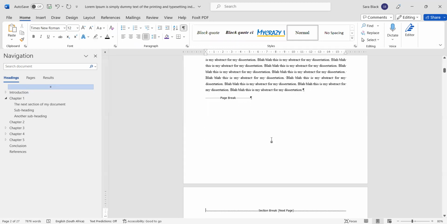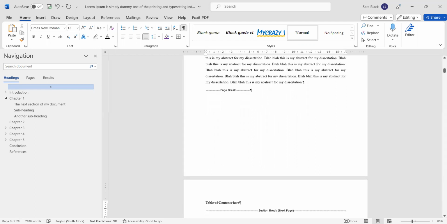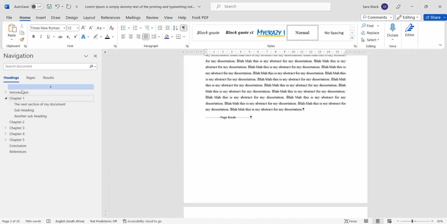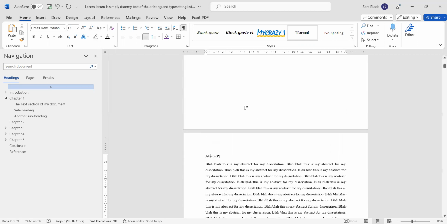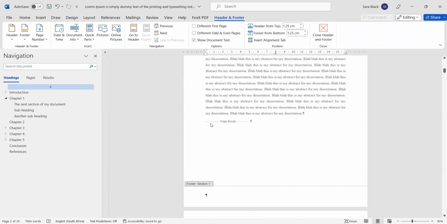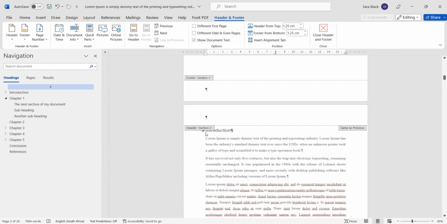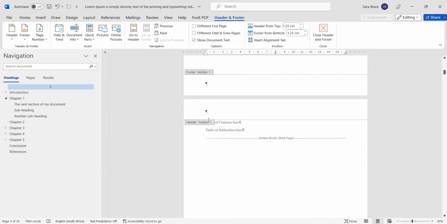New page. I'm going to go table of contents here. Table of authorities here. I'm going to show you those in video 9. But I want this front material to have a wider margin. So I will go, okay, I'm in section 1. My introduction only starts in section 2. That's great. So in section 1,